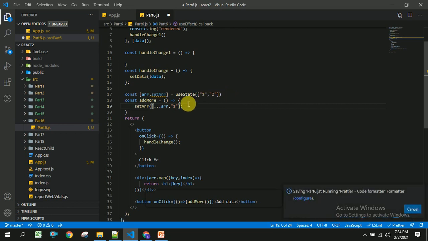So it will create a new array with the previous values, and this is the next value which will get added once we click on the button.